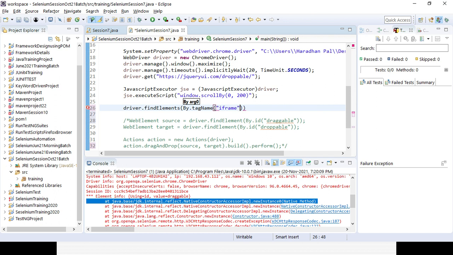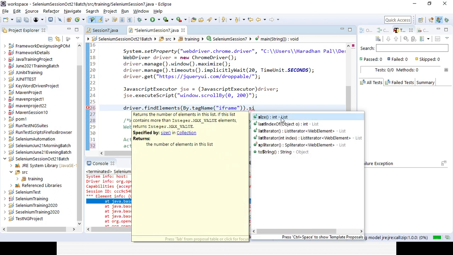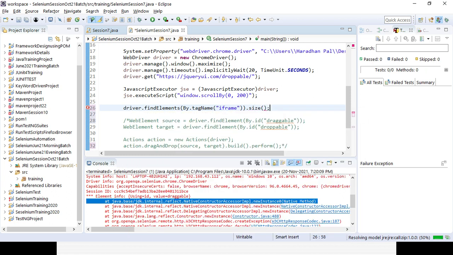And then .size, that is the method where I can easily get the count. You can see the return type is integer. So I will create an integer variable, and the variable name is frameSize.